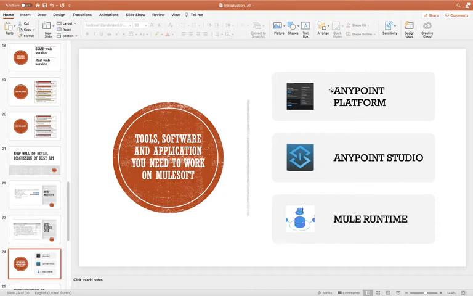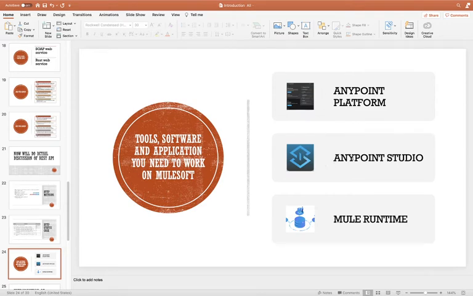For example, we can deploy our Mule application, we can add security, and we can manage our API. I will give detailed knowledge of this later.